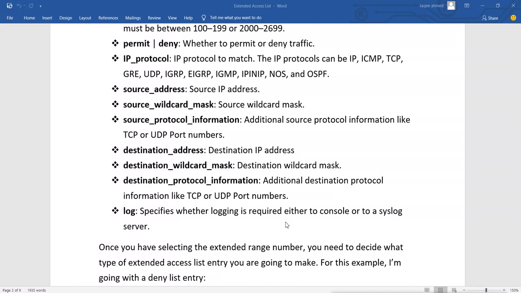Now for logging you have to first configure the syslog server also, because when you configure the log on console, it just comes and goes, so it is not useful. So if you want to make sure there is a record of all the allow or deny packets, then you should use the syslog server for it. And for that, first you configure the syslog server. It could be a Windows server or Linux server, and then you can use this syslog server to log all the information of your blocked, permitted or denied packets.